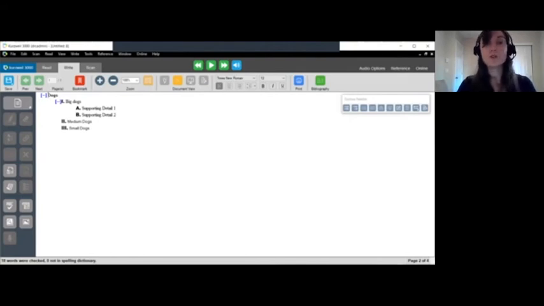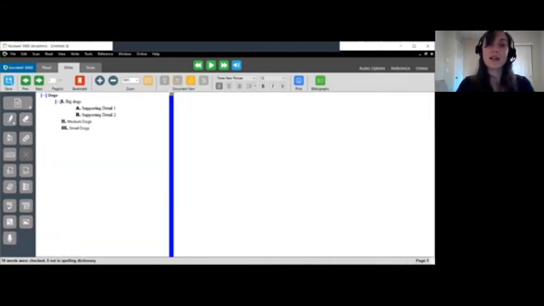If you do want to use your outline to type up a paper, I would recommend using the split screen view because this splits your screen in half. So on the left side, you have your outline, and then on the right is a blank word processor that you can then use to write your paper. There is also this draft view, which is just a blank word processor. So let's go back to the split screen view and I'll start writing my paper.